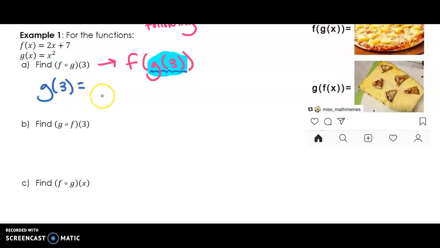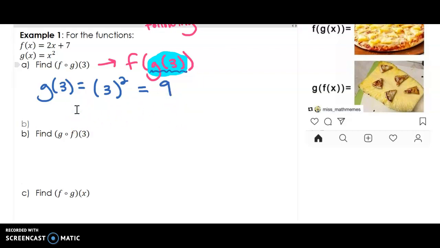And so g of 3, we just practiced this, right? We're just going to plug in 3 for x into g. When we do that, we get 3 squared, so g of 3 is 9. Now the key here is that this answer choice of 9, this output for g,